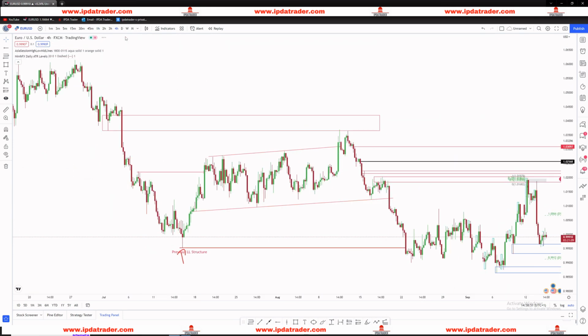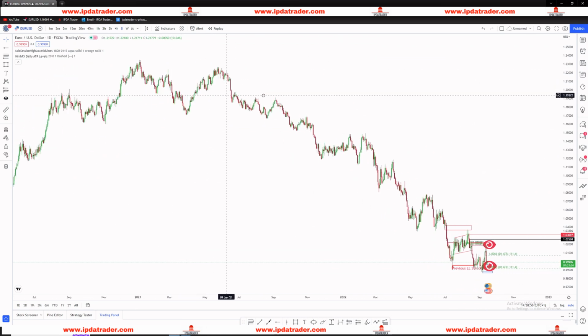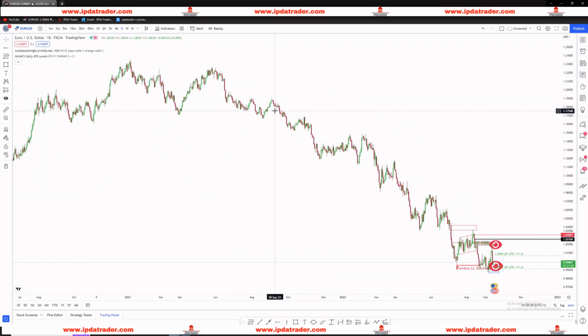So in order to understand the macro perspective of things, we have to be zooming out and looking at the higher time frame. Okay, so very simplistic. Pause the video here and tell me what the trend is in this particular asset, which in this case is obviously Euro USD. And then we're going to be highlighting the expansions, the pullbacks, retracement, things of that nature. Okay, so pause the video and let me know what kind of structure we're getting over here. Okay, so I've assumed you already did that.